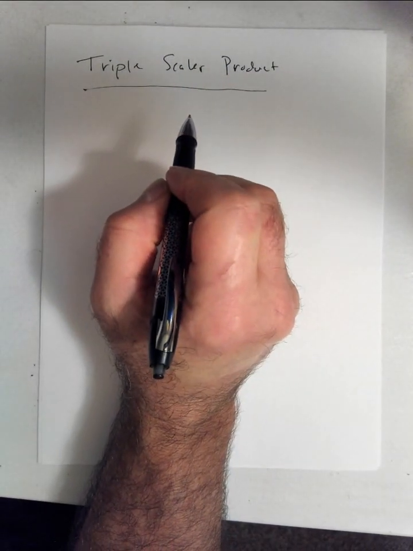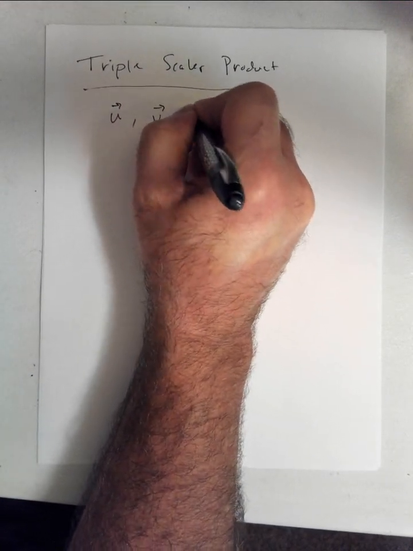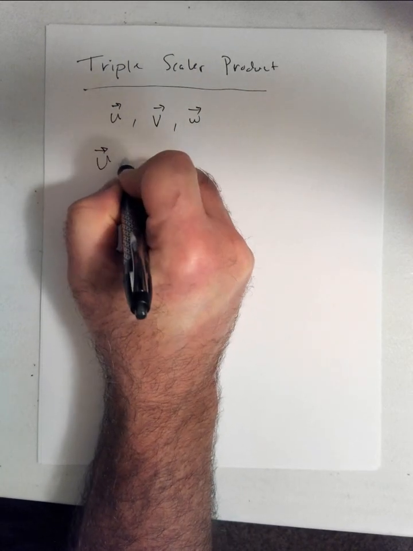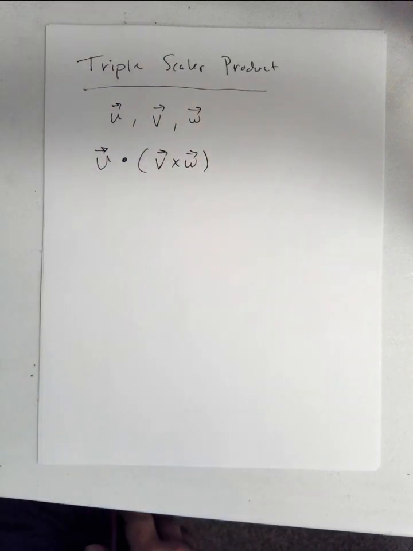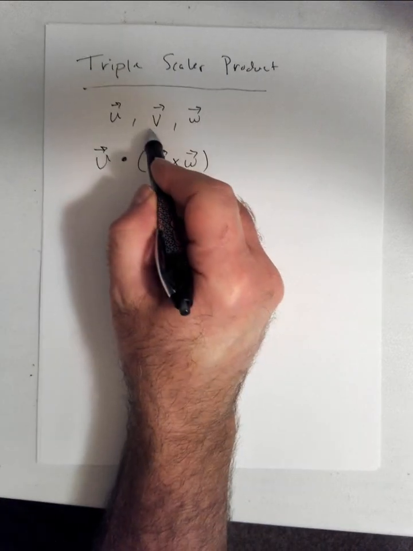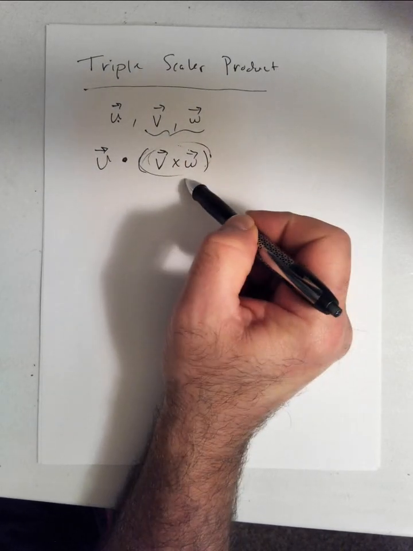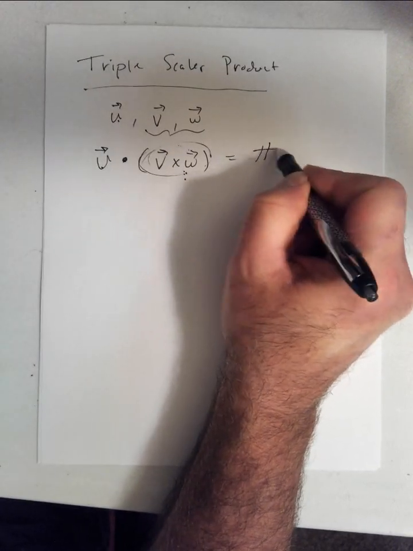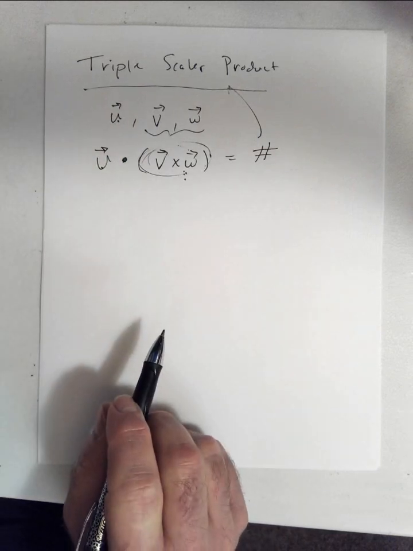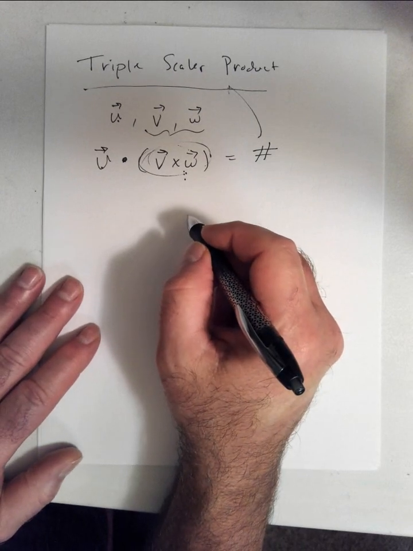When you have three vectors, so you have vector u, vector v, and now vector w, when we take u dot v cross w, we get what is called the triple scalar product. Again, all we're doing is crossing these two and then calculating the dot product. So this is a vector, and when we dot it with another vector, we're getting a number, and that number is considered the triple scalar. The significance of the triple scalar, so if we think about what this looks like,